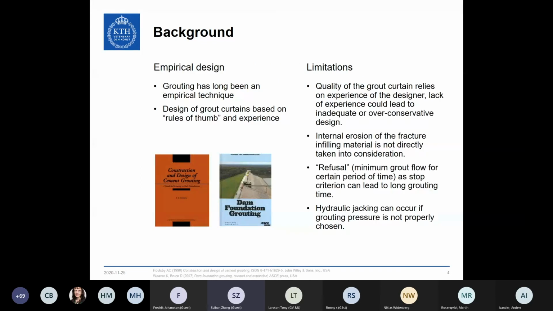Previously, the Grout curtain design was mostly empirical technique. The design was based on rules of thumb and experience. It has certain limitations, such as the quality of the Grout curtain relies heavily on the experience of the designer, and lack of experience or understanding of the geological condition can lead to inadequate or conservative design. And internal erosion of the fracture infilling materials is not directly taken into consideration in the previous